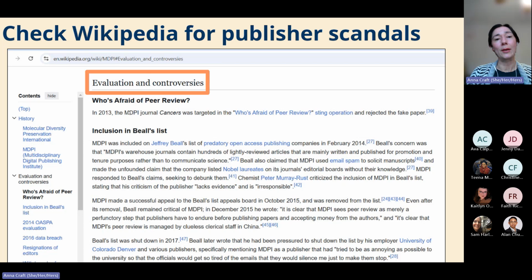And their Wikipedia scandals section goes back to 2013. If we scrolled all the way down to the end of the section, we would get into things that have been happening in very recent times, including some of their journals being delisted from major indexes last year. So this can be a good place to read about publisher behavior and journal behavior as well. Sometimes it's not the publisher that is the problem. It might be the editorial team for a specific journal. So there can be some gray areas where maybe it's not this publisher that's bad, it's some of these journals.